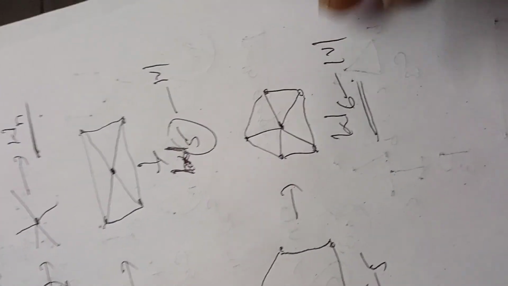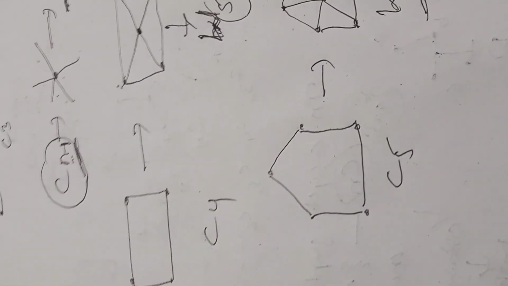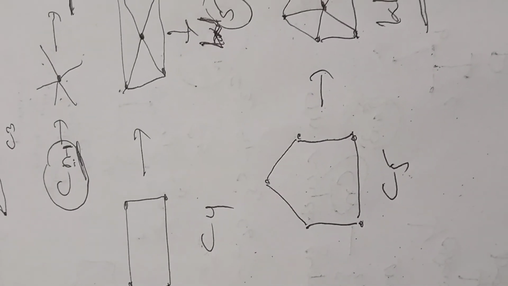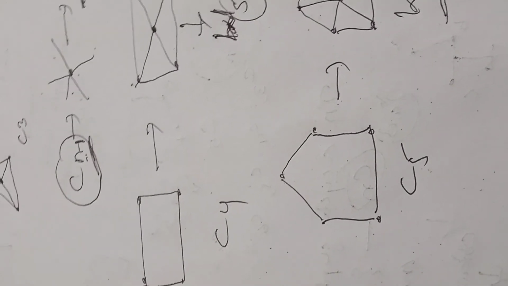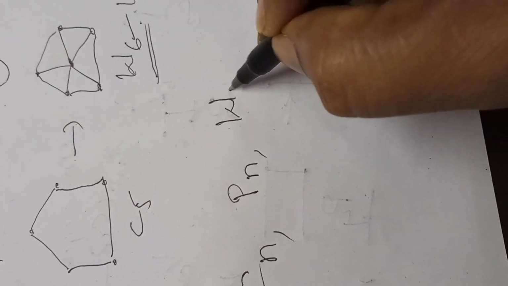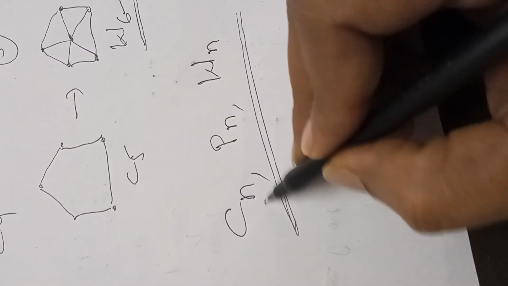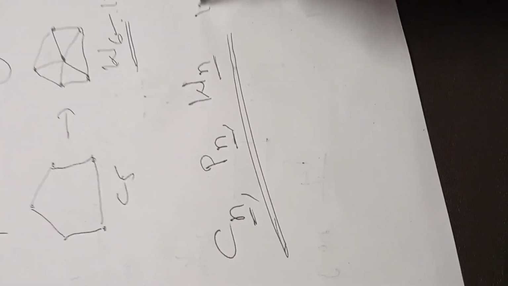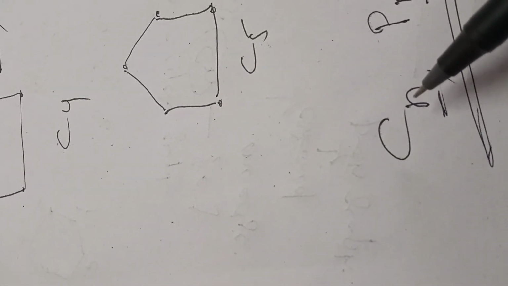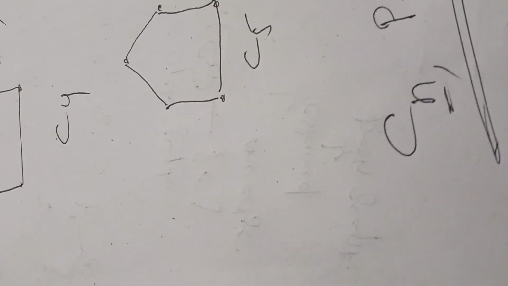Right? Now we know the cycle graph, we have learned the cycle graph and path graph and wheel graph. Right? Now the cycle graph in general is denoted by Cn, a path graph in general is denoted by Pn, and a wheel graph is denoted by Wn, where n indicates the number of vertices in the graph. Whereas in a cycle graph, this n is also equal to the number of edges in the graph. Right?